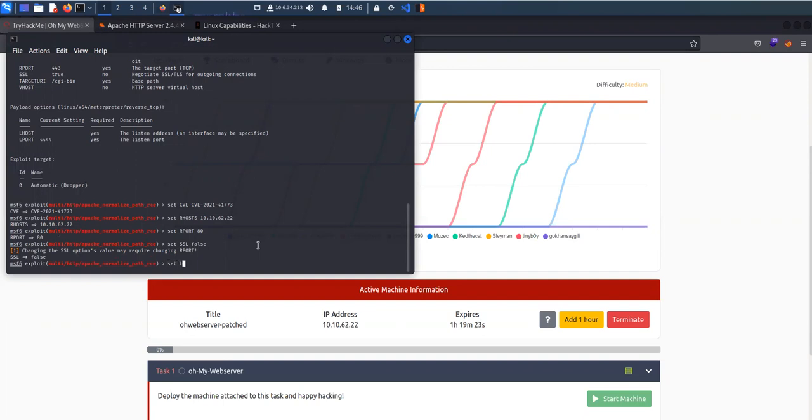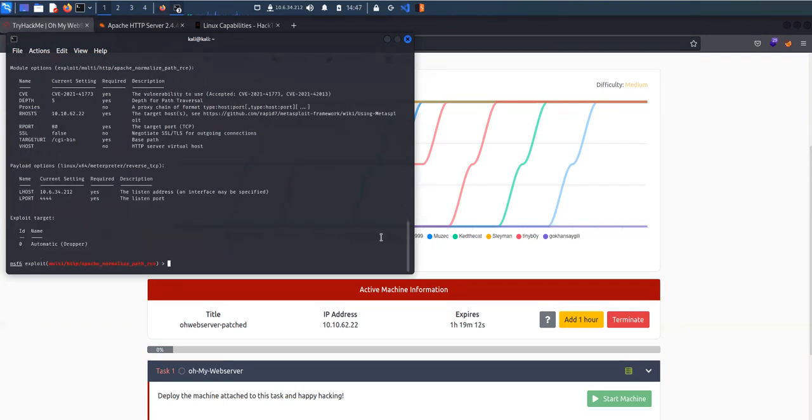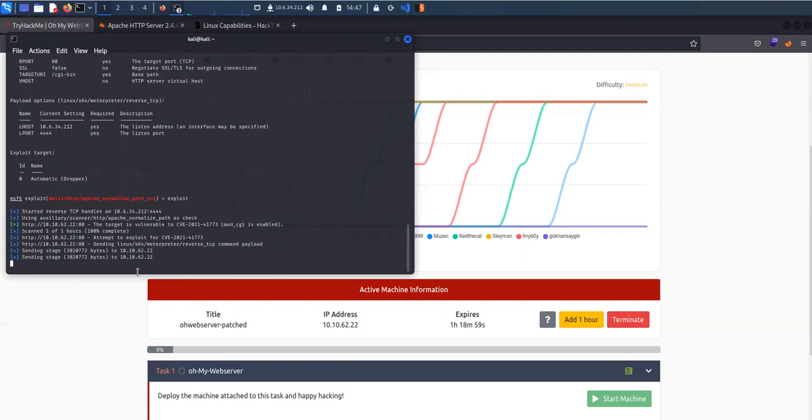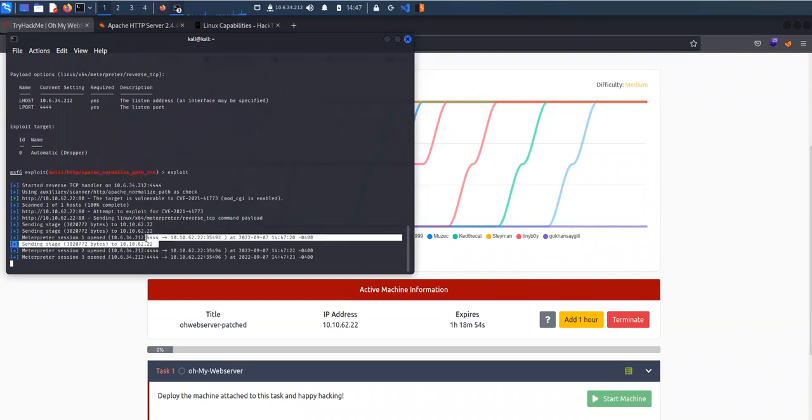And regarding the local host, LHOST, that's my VPN IP, 10.6.34.212. I guess I can now revisit the options. I should have everything ready. Okay, I can just exploit and see what results I will get. So it's basically using that exploit and trying to get connected through this 4444 listener, and on that port 35496, and now more than one Meterpreter sessions are